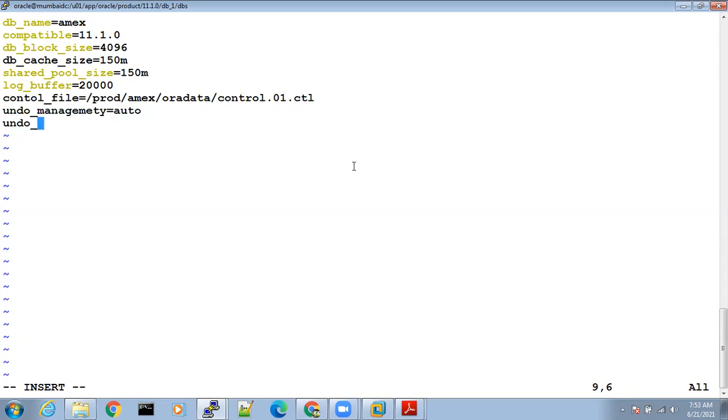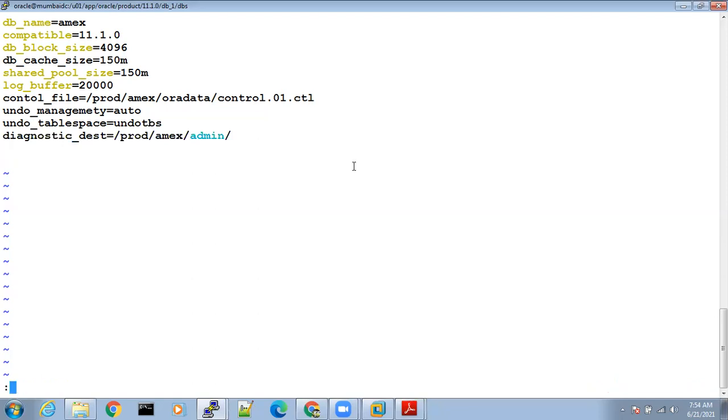Undo_tablespace is equal to undotbs. Next, diagnostic_dest is equal to /prod/mx/admin.